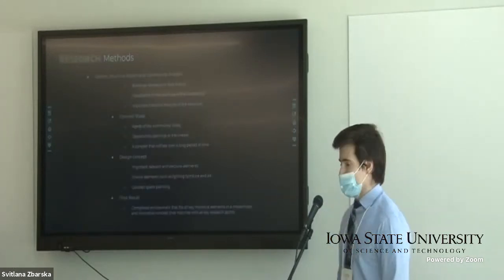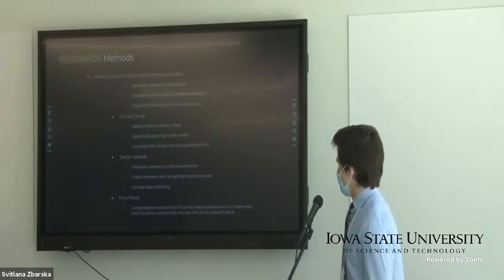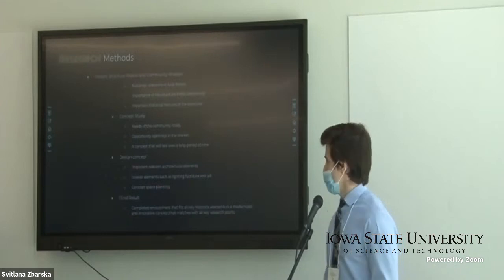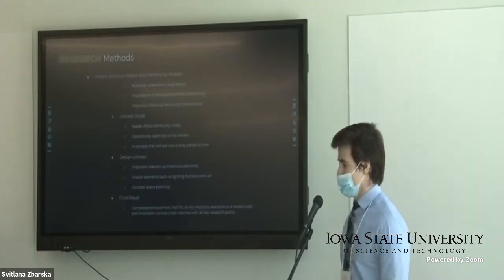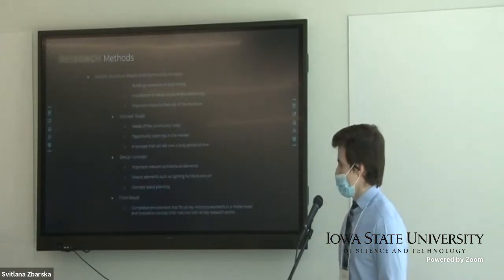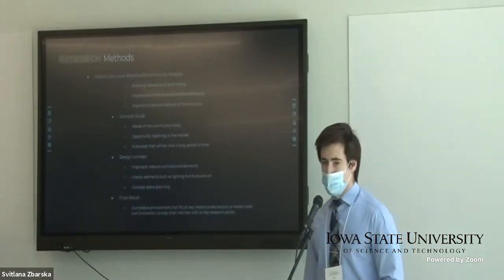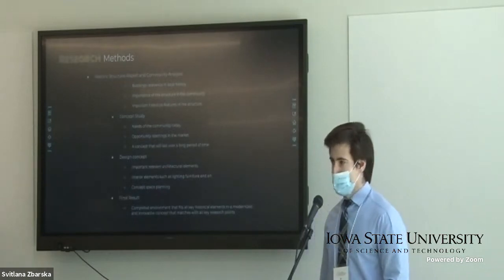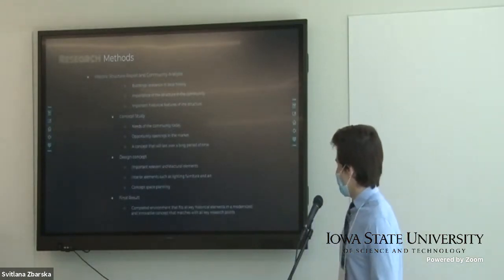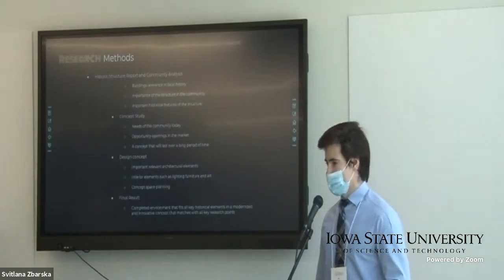So some of the methods that we used for the research was first, historic structure report and community analysis. This allows us to look at things like the building's relevance to local history, how it was back when it was created in the 1960s, and what its development is today. The importance of the structure in the community, the community ties, what the building means to the community, and how it evolved. The important historical features of the structure, the character-defining features that